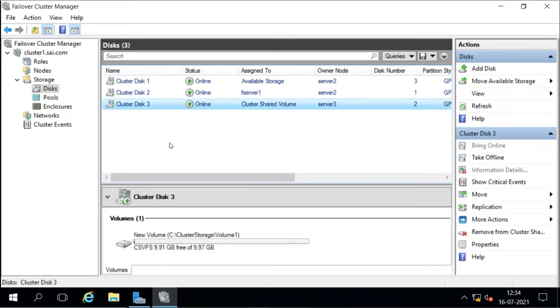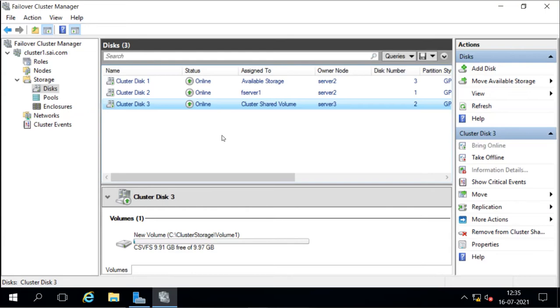So we have fulfilled the requirements, like we have installed the Hyper-V role, we have installed the failover cluster feature in both the servers. We have configured the failover cluster. The failover cluster is already running, and we have connected the storage and made the storage a shared volume, a cluster shared volume also. Now for the network part, and also we want to install the Hyper-V role in both the servers.